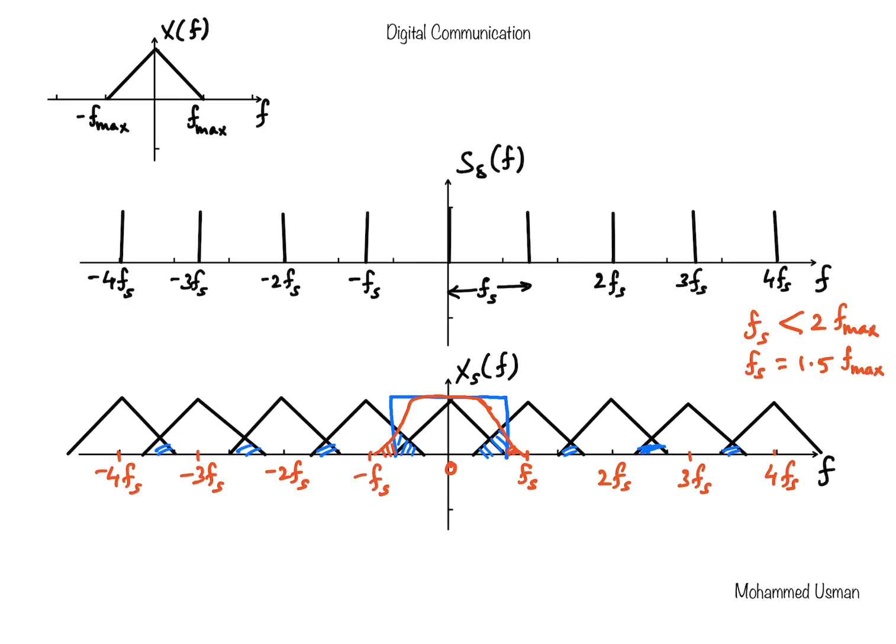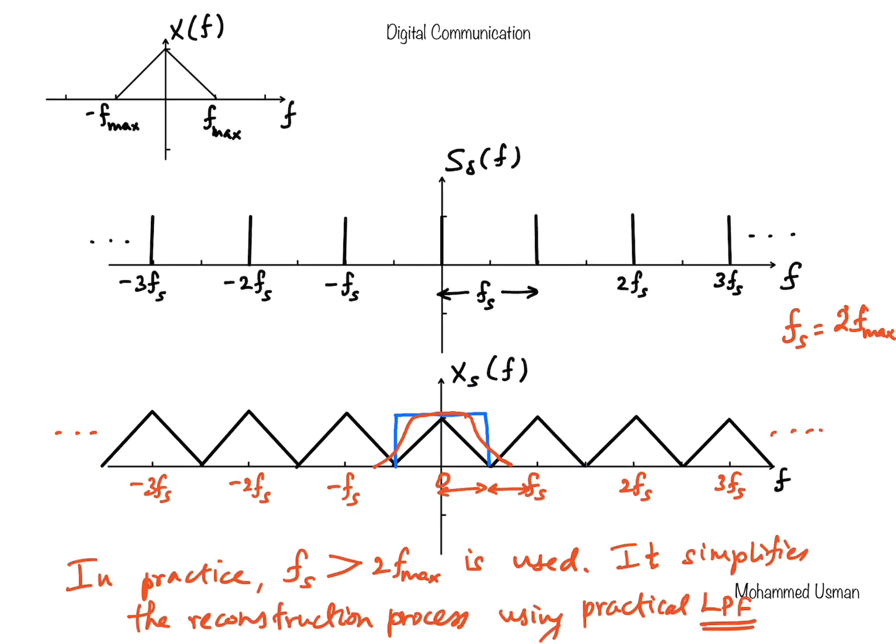So hence the sampling done below the Nyquist rate is definitely a no-no, because it is going to cause aliasing. So we see here aliasing occurring, and even though theoretically fs equal to 2 fmax is a sufficient condition, in practice, however, it would